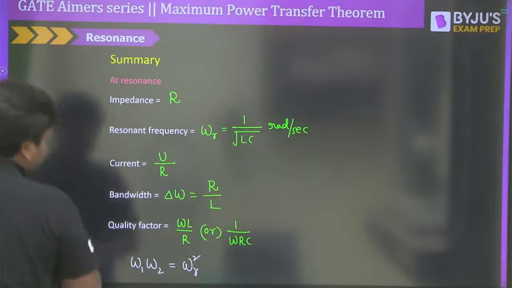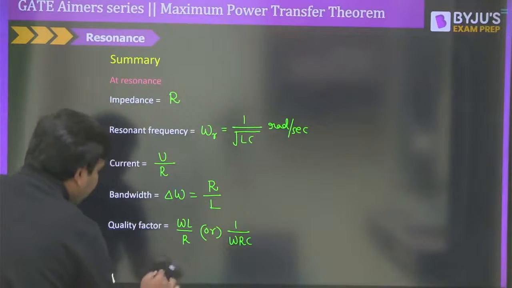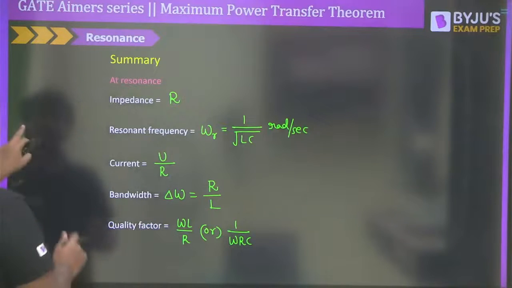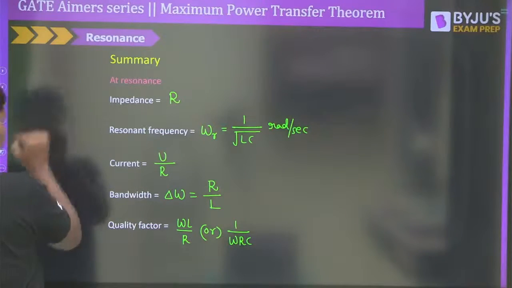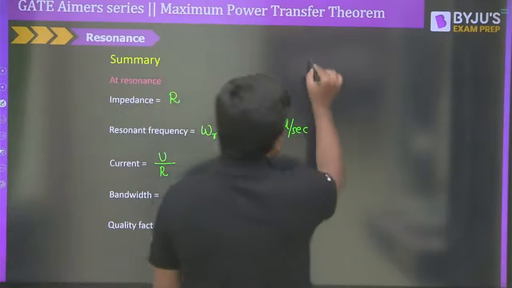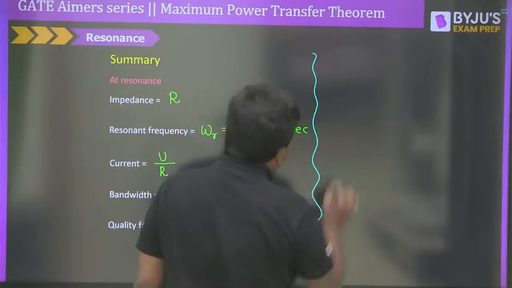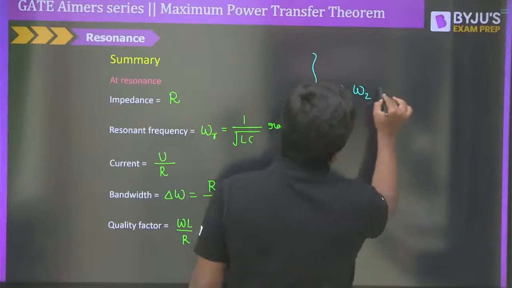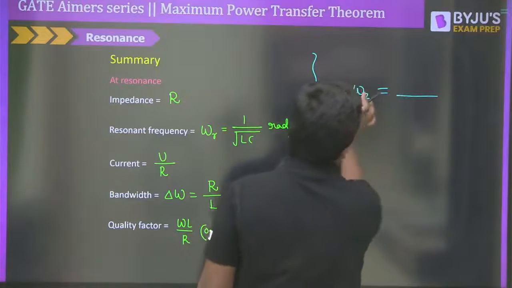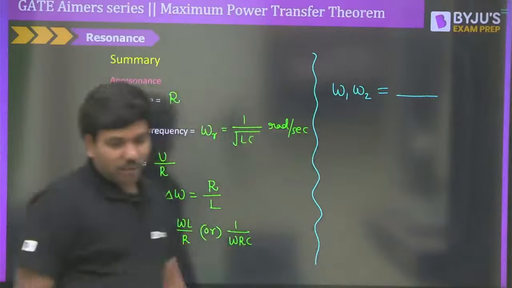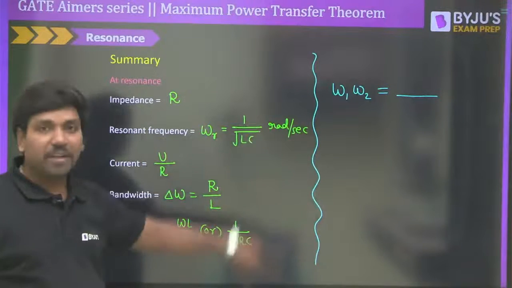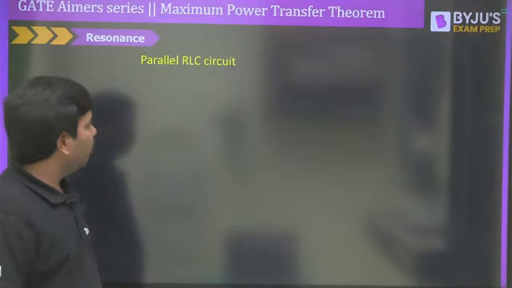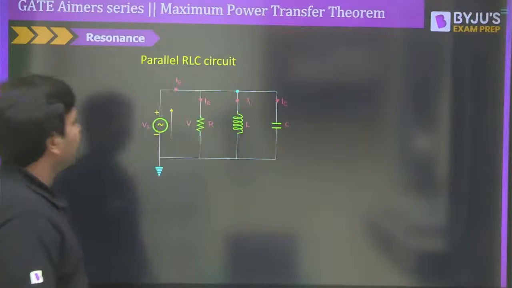So this part you can do if you want. Otherwise, these are the basic things you have to keep in your mind. Just forget about the last one. Otherwise, you can take it as homework, because as you already know what omega 1 and omega 2 are, just multiply omega 1 and omega 2 and see what its product is in terms of omega R. You will really enjoy it. That's why I am saying that you do it by yourself. But these are very important. I have covered it.